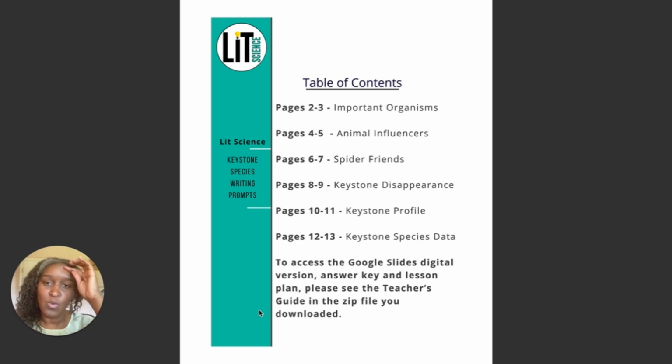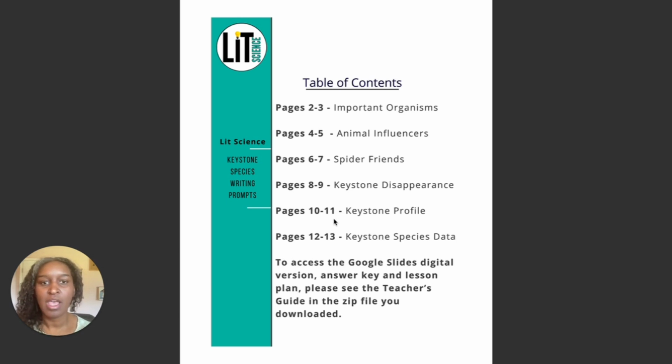So I want to walk you through what you will get in this resource. As I'm walking you through, I'm going to talk you through a little bit about the different prompts and how they are scaffolded and differentiated. Now, if you do not buy this resource, but you're interested in creating your own prompts, these same kind of rules apply as far as what you could potentially do to create prompts that get your students engaged and writing